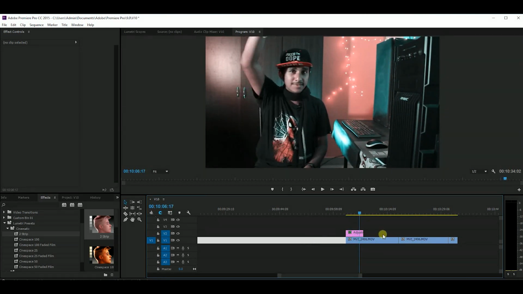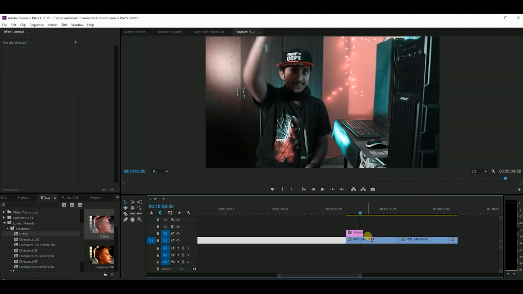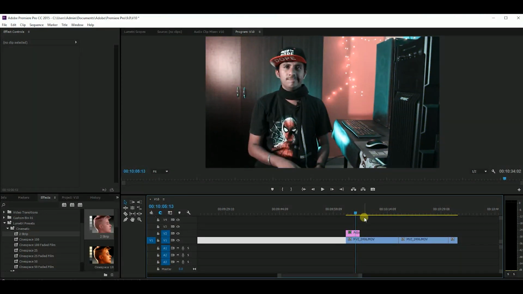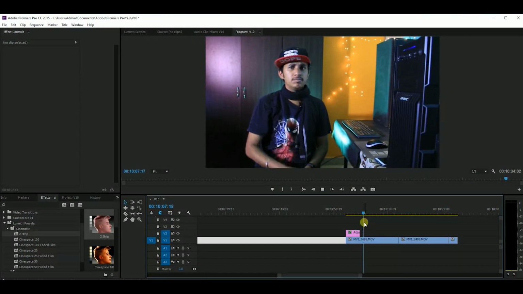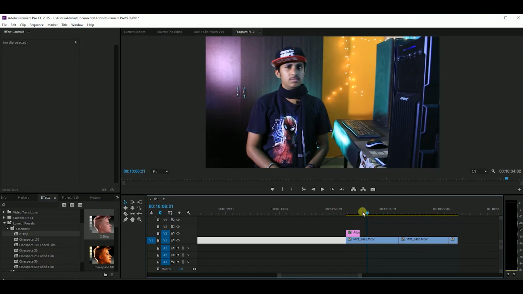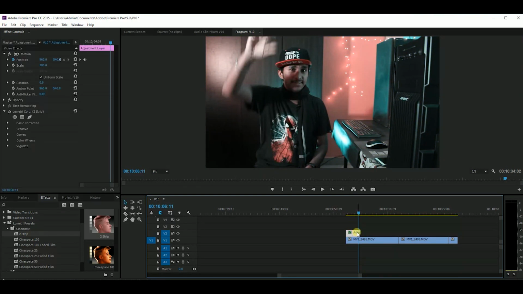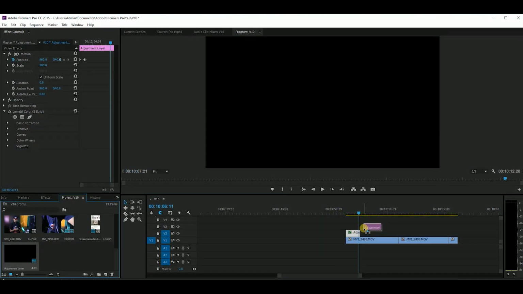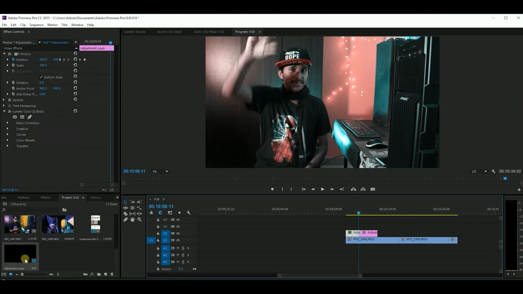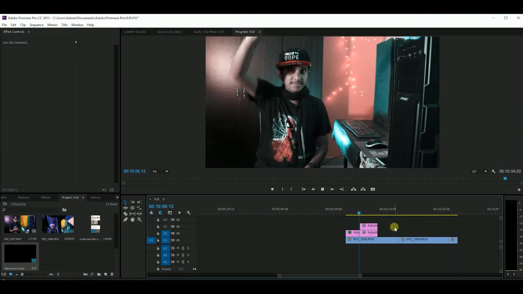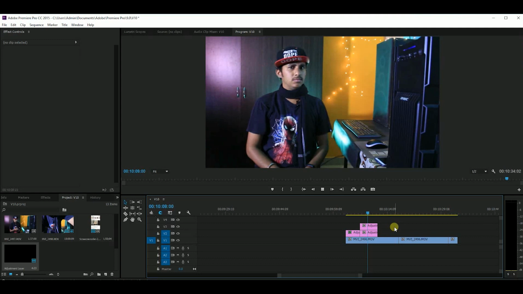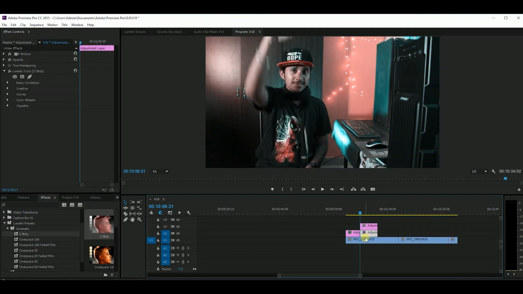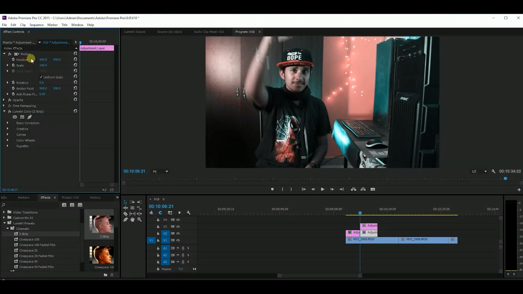Now for the next change of filter, we have to add two adjustment layers such that the previous filter goes out of the frame and the new filter enters the frame. For that we need two adjustment layers. In one adjustment layer we are adding the same filter which we gave to the previous frame, and to the other adjustment layer we will add a new filter. In the same way we are going to add two position keyframes, and make it look like the previous filter is going away from the frame and the current filter enters the frame.